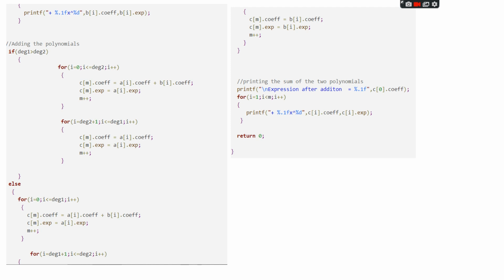So the x^4 in polynomial 1 and x^4 in polynomial 2 would be added using this loop, and the leftover element, the leftover coefficient x^5 of degree 1, will be substituted in the same C array using the second loop, which will start from i equal to degree 2 plus 1 till i is less than or equal to degree 1.